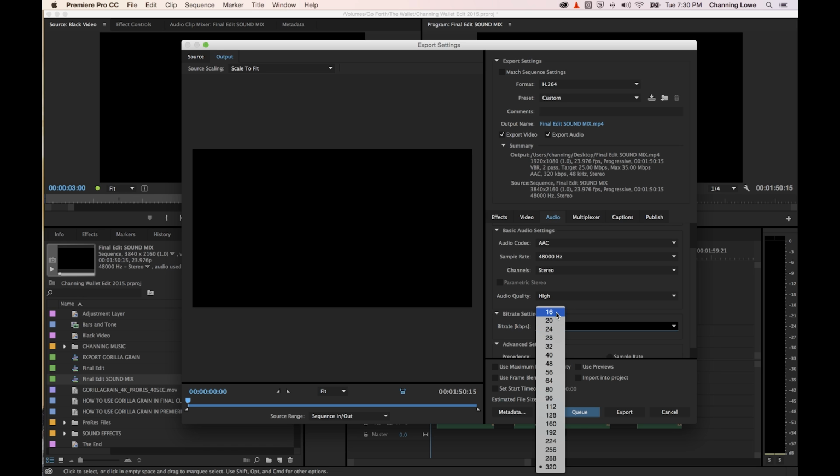Watch this if I take this down to 16. Look at the size of the file. It only knocked off like 4 megabytes. So that's virtually insignificant compared to the size of the video. So you can afford to keep that up around like 320. If you're encoding MP3s and you're doing like voice MP3s, you might want to do about 120 kilobits per second, but 320 is really good on this, and it's high video quality, high audio quality, so we're pretty well set